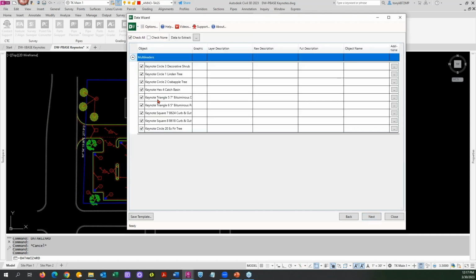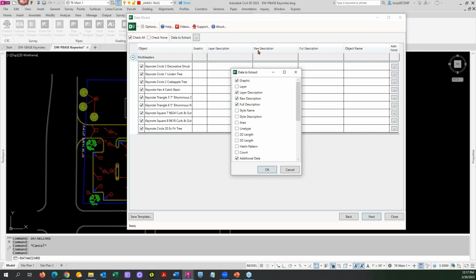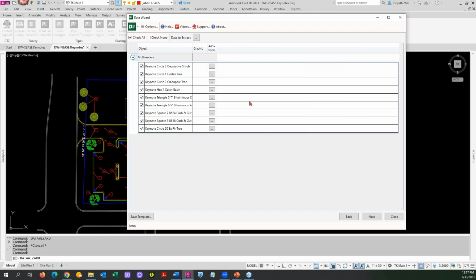So we'll jump out here to the next screen, and here's what we're getting. So we said we wanted to clean up some of those other things that we didn't need. So we want the graphic. We don't need the layer description. We don't need the rows. We don't need any of that. So let's just get rid of all of that. We'll leave the object name. I don't think, let's clear that too. And let's leave the additional data. So it's going to be a pretty basic